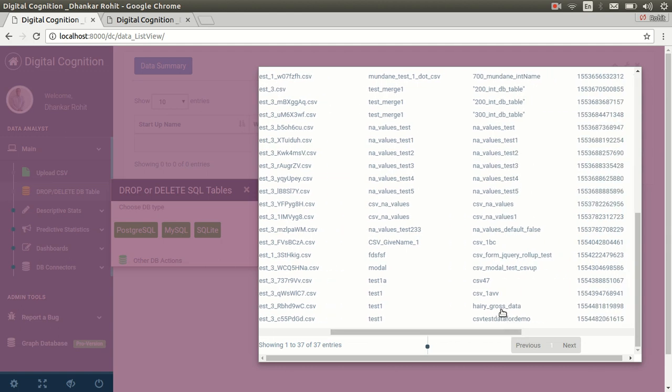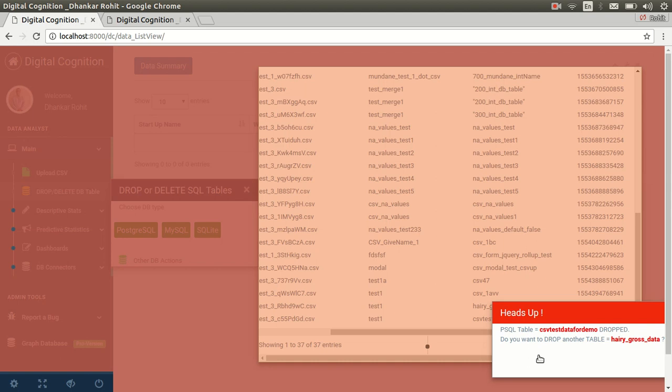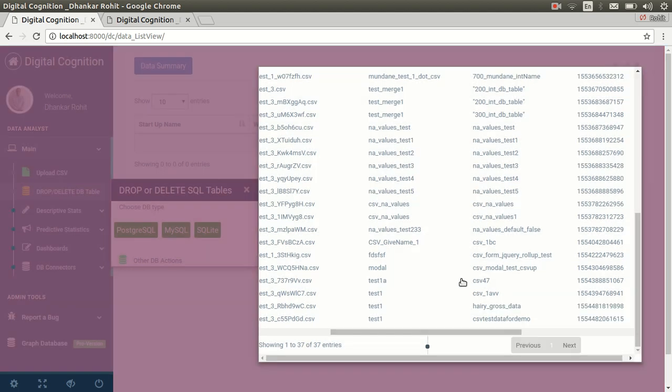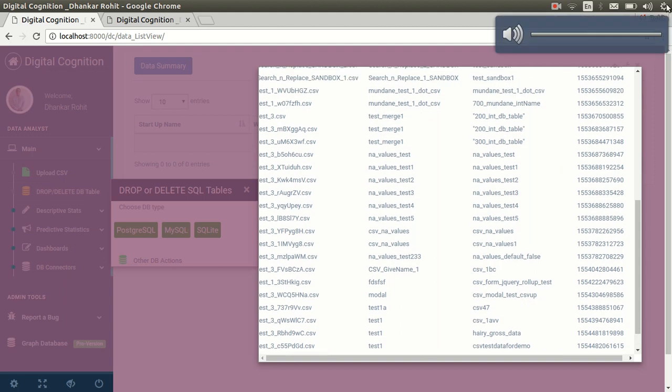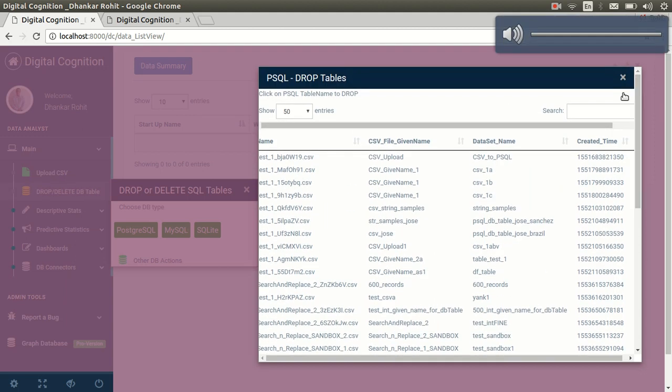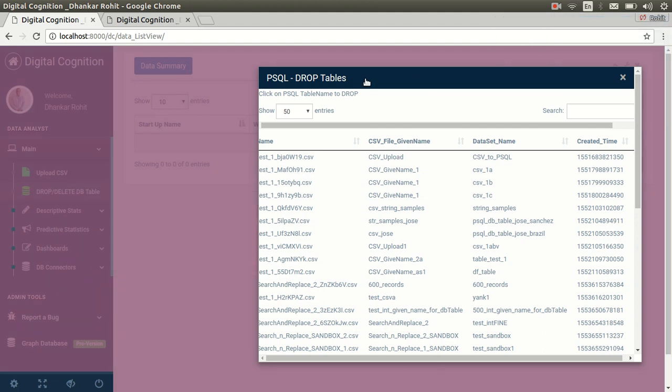So I go and click on this, and by mistake I click on another one. It gives me a warning saying that this has already got dropped, and there is one funny named one which is there. Do you want to drop that or no? So I obviously don't want to drop that, at least not now. So I just go ahead and close my modal,